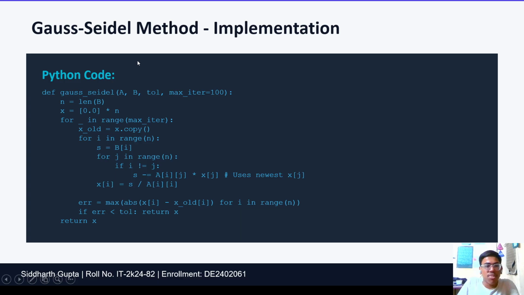Now, the Python code for Gauss-Seidel method is, first we will pass A, B, tolerance and maximum iteration equal to x. N is equal to length of b. We have found the length of b and we have stored it in n. X is equal to 0.0 into n. Now we will start a for loop from 1 to maximum iteration, and we will say x old is equal to x dot copy. Now for i in range, s is equal to b of i. For j in range, if i is not equal to j, we will perform this formula for